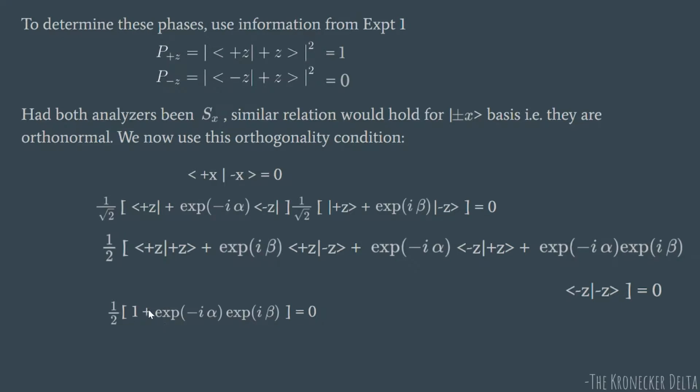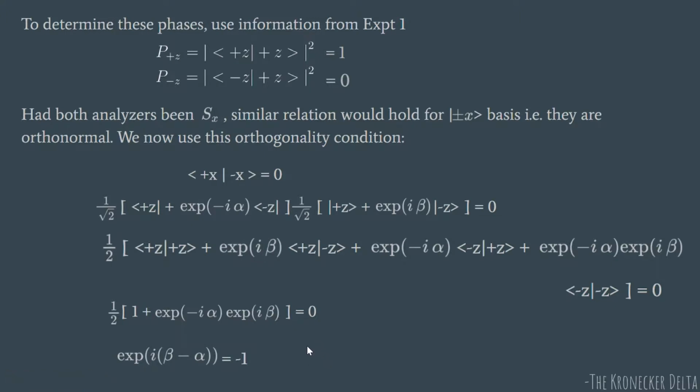Okay. So now you send 1 by 2 to this side, 1 to that side, so it comes to minus 1 here. What you get is, and you take i common, then you have beta minus alpha. So exponential i(beta minus alpha) comes out equal to minus 1. So now what do you do? You have exponential e to the power i beta minus i alpha.